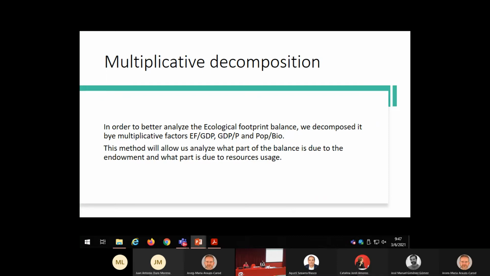No, it's more about the balance. It's not that we're going to study ecological footprint and biocapacity separately. The balance means that some have a deficit and some have more resources, either because they have higher resources or because the ecological footprint is lower. So what we want to see is, in those regions, which ones are using more resources or less resources, so that they have a higher or lower balance. Does it make sense?